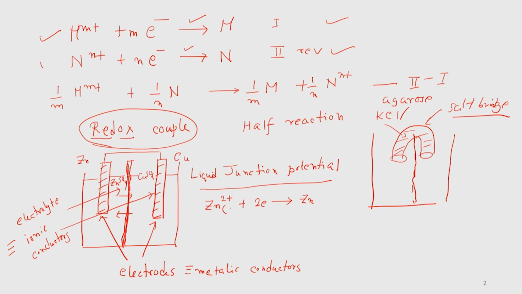More specifically, you can write it as aqueous zinc ion, but it is the zinc metal which is solid, and similarly copper, which was in aqueous solution, is getting reduced to copper which is solid,